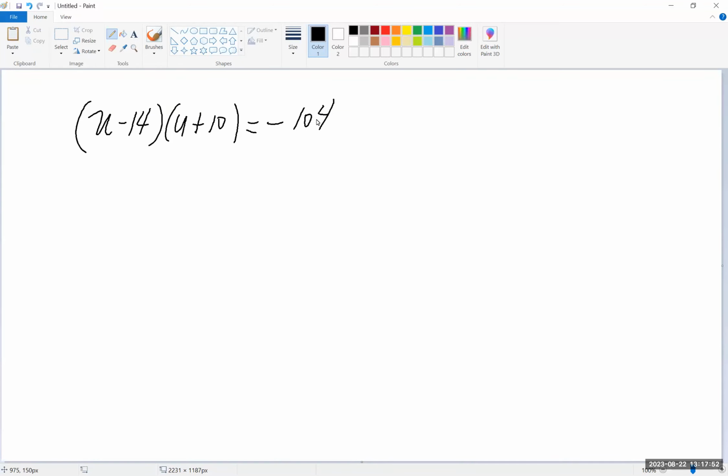Okay, so to solve this one, what we're gonna do is we're gonna use the FOIL method. So we're gonna multiply first, outer, inner, and last. Before we even get to the complete the square. So first is u squared. That takes care of this. And then outer,